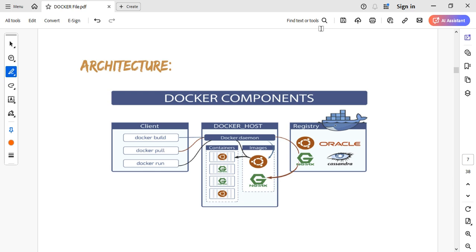We need to check what is Docker client. So Docker client is a thing where the user can interact with the Docker engine. Whatever commands we execute through the client will reach the Docker daemon. Docker host is nothing but the machine on which we installed the Docker engine, that will be called a Docker host. And Docker daemon,